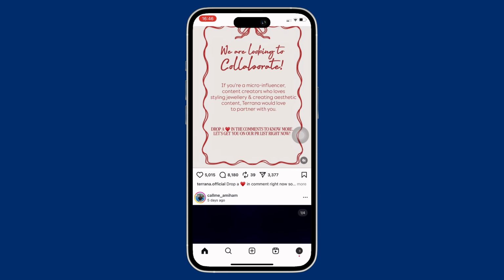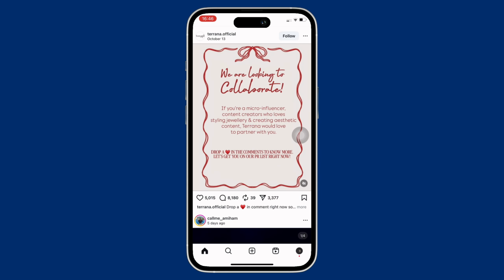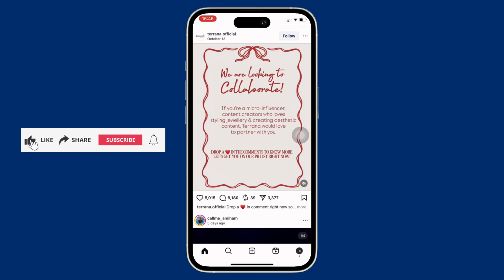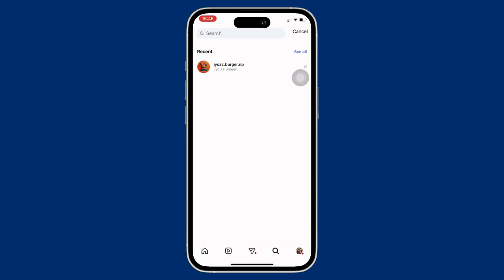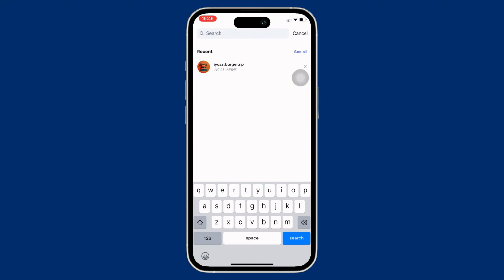Firstly, go ahead and open the Instagram application on your device and make sure you are signed in. Now, tap on the search bar on the bottom of your screen and then tap on search again. With this, in the interface that you will be led to, you will be able to view all your search history. So tap on the see all option you see there and you will be able to view all the search